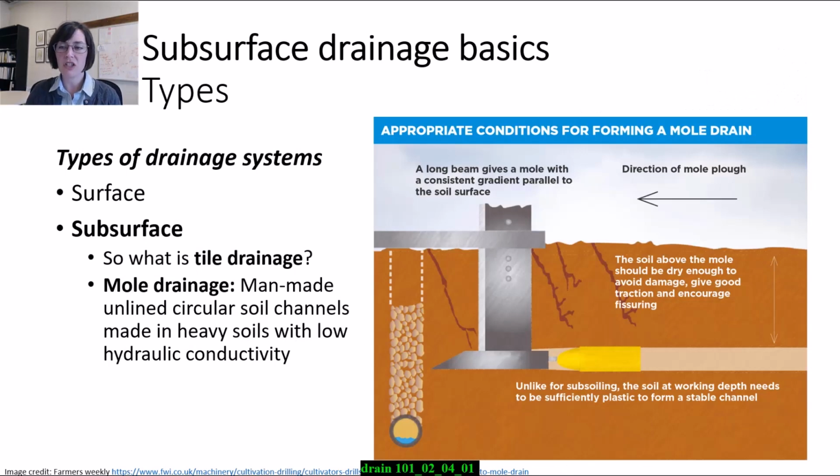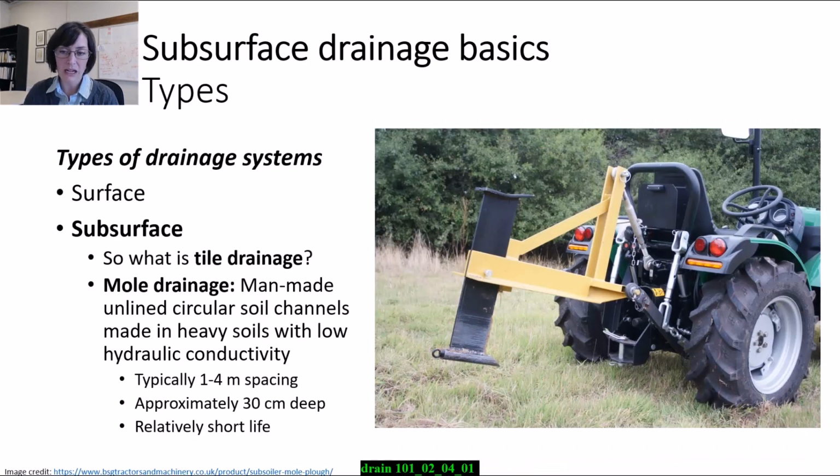Like I said, mole drainage is done on tight, heavy, clayey soils because it's essential that the soil is able to be formed into an unlined channel. There is no pipe in this kind of drainage system unless it's a mole and tile drainage system like shown in this picture, where the mole channel, which is unlined, connects to a tile system at the edge of the field. The idea though for the moles is that you pull a foot implement through the soil like I'm showing here, and it literally forms a channel in the soil. And because the soil is very typically clay soil, heavy clay, that channel will stay in place.